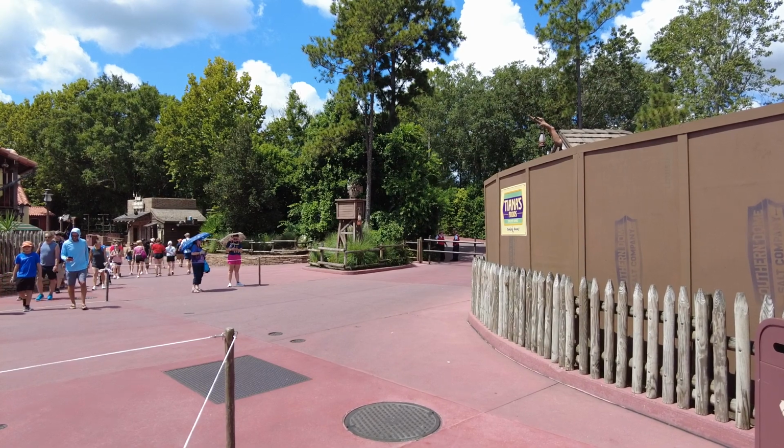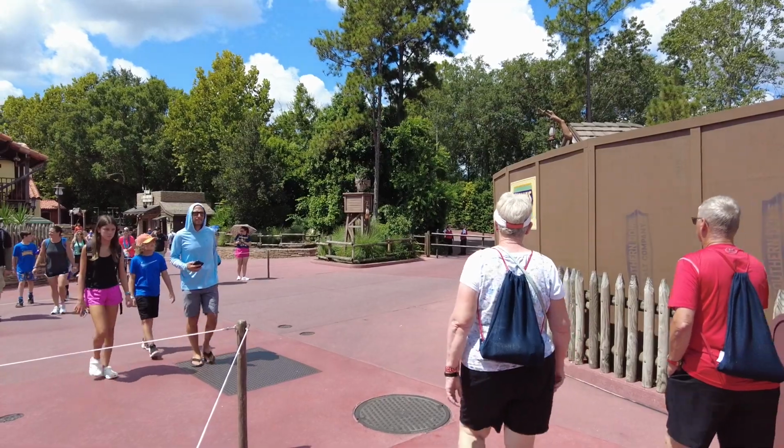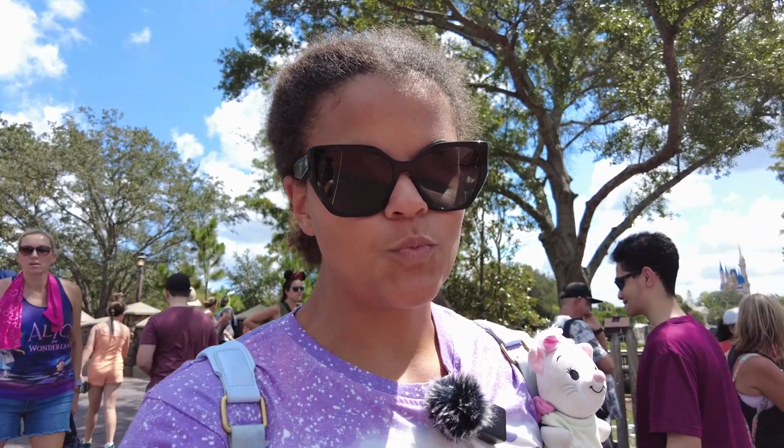It's amazing. This is just where you celebrate the spirit of Disney at Magic Kingdom Park. Everything comes to life with music and dance during tribute of Tales of Fantasyland. There are so many characters here. Let's check them out. This parade, you'll also see a bunch of rare characters that you won't be able to